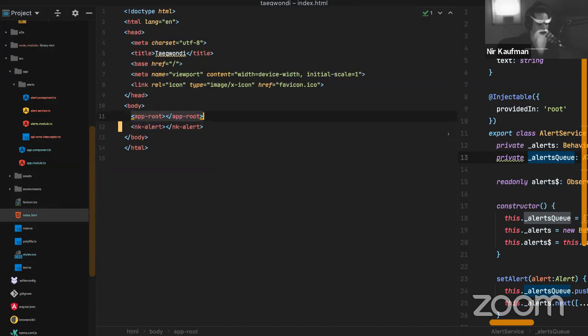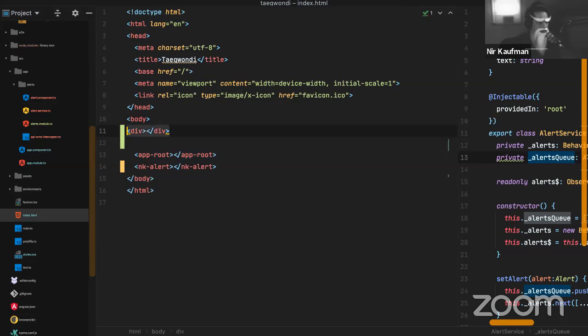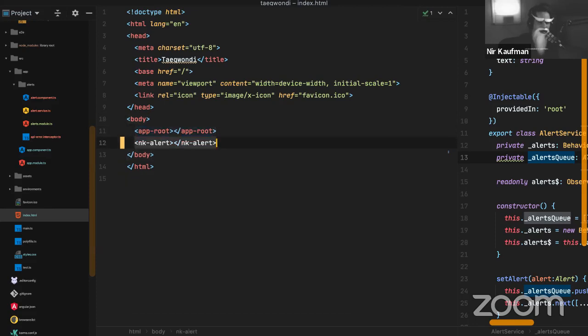And that's, by the way, a question that I get a lot, because in a lot of my demos, I am creating more than one bootstrap component. And sometimes I get these questions, why and what are the benefits of this? Well, this is a plain HTML file. Actually, you can write here a bunch of static markup that's going to be rendered right away. The part where Angular starts to use JavaScript to render the contents happens within this element, the app root. So it's totally okay to create more than one bootstrap component